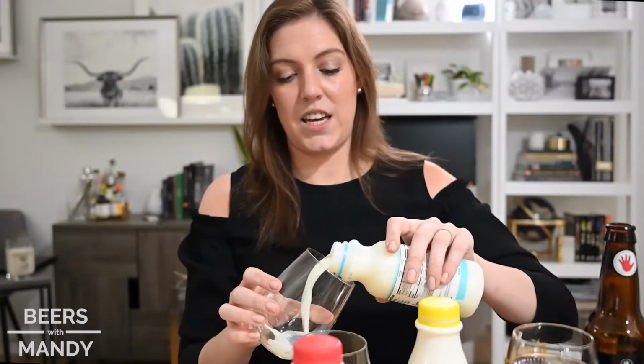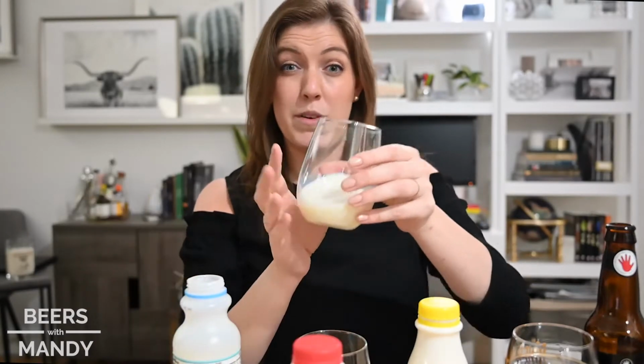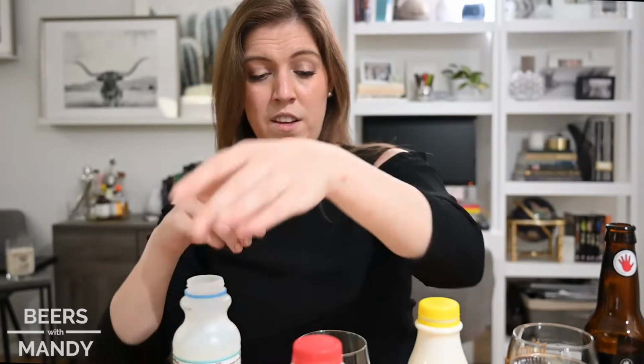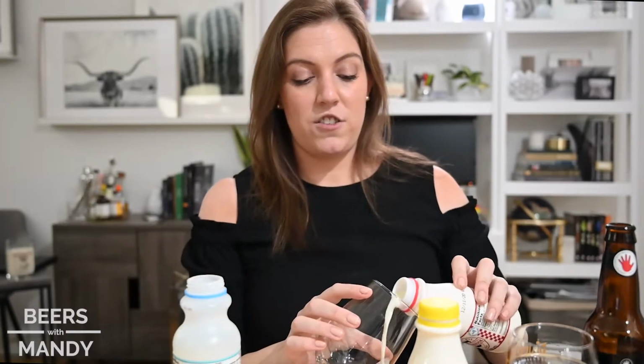And you can think of this like maybe a Pilsner. You know, it has that really thin body, but all that carbonation gives it a little mouthfeel. But this, it's right there on the watery side of the spectrum. We have our whole milk. And so, yeah, when you're thinking of body, you're thinking of texture